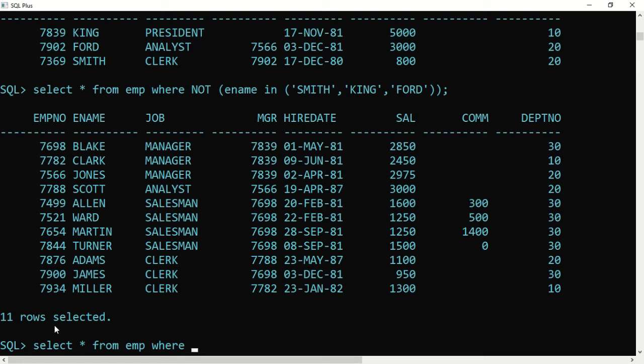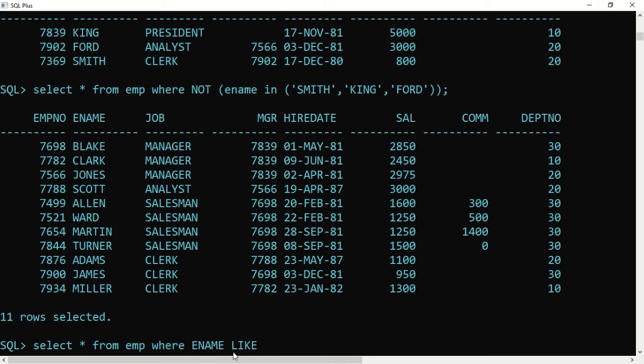Now suppose I want to find a person whose name starts with S. So I'll say e-name like. We don't know the full name; if you know the full name you can say equal to, but since I don't know the full name properly, I don't know the spelling and everything, I just know that it starts with S, so I can say LIKE. Like is something for a similar word type. The caps lock is on here, so I'll turn it off. E-name like.